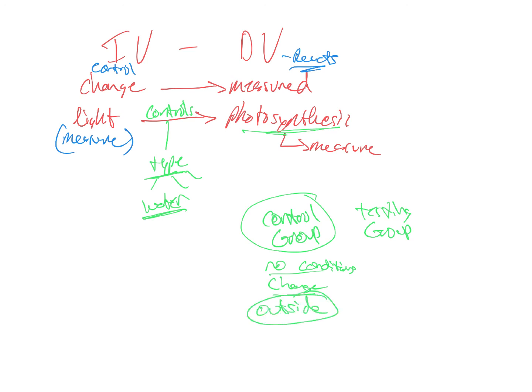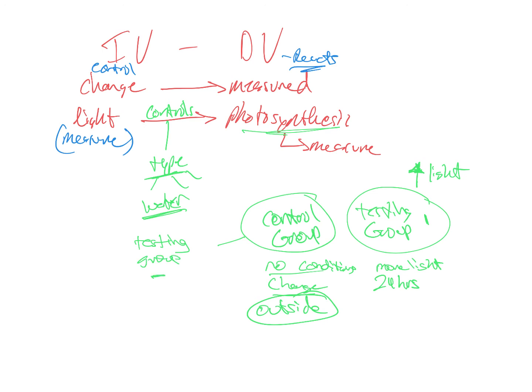So then our testing group number 1, if we want them to get more light as our independent variable, increasing light, then that would be our changing condition. So more light, maybe we have them exposed to a fluorescent lamp for 24 hours, and we test to see how well they do there. On the other side of this, what we generally do is a testing group that's part of our negative testing group. So I'm going to put a negative sign here. And so a negative testing group might be that there is a decrease in light.